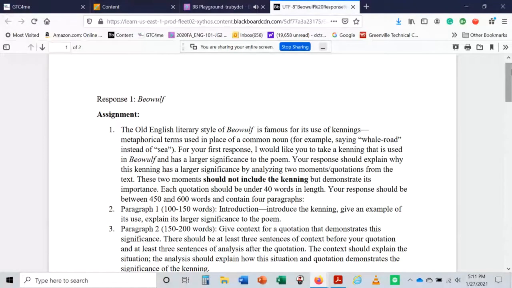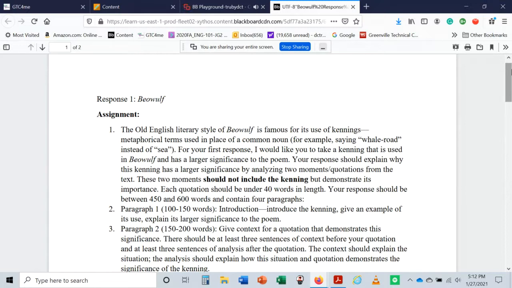So the Old English literary style of Beowulf is famous for its use of kennings, metaphorical terms used in place of a common noun. So, for example, saying whale road instead of the sea. There's a lot of examples of this in Beowulf. What I want you to do in your first response is to take a kenning that is used in Beowulf and that you think has a larger significance to the poem, right? So if you think that, for example, whale road